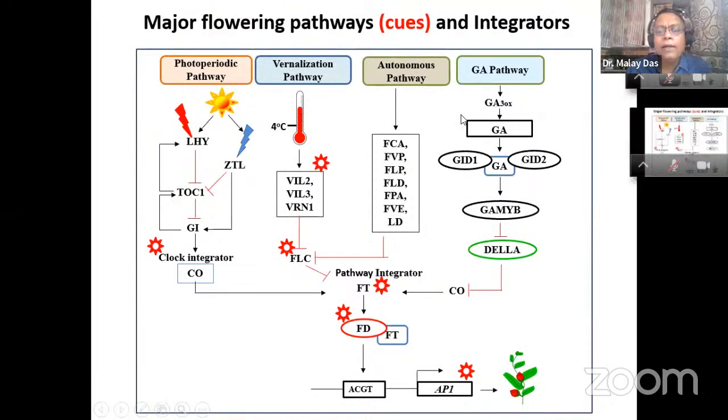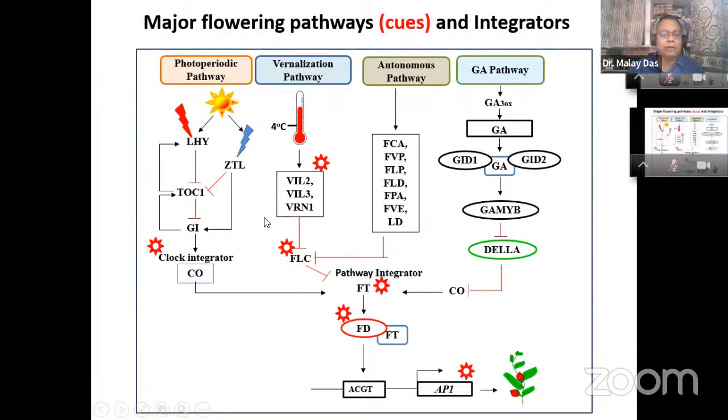So now in terms of induction, I told you primarily 4 or 3 pathways exist. The photoperiodic pathway, which is regulated by duration of light. Then vernalization pathway, this primarily exists for the temperate plant. Then there is autonomous pathway, some internal genes which regulate the flowering time. And then there is hormonal pathway, that is gibberellic acid pathway. So we primarily are focusing on photoperiodic pathway and vernalization pathway, but for today's discussion, I'll be telling you data